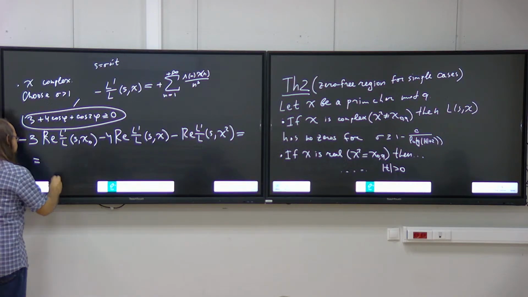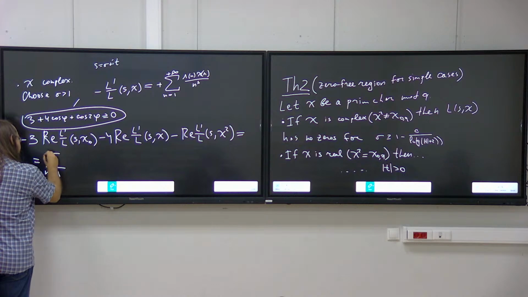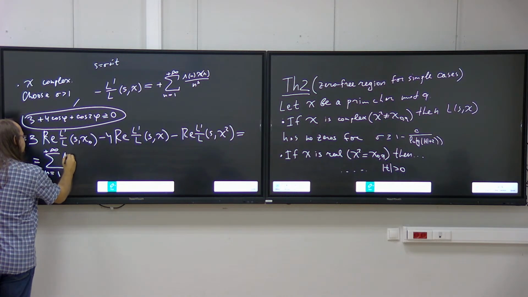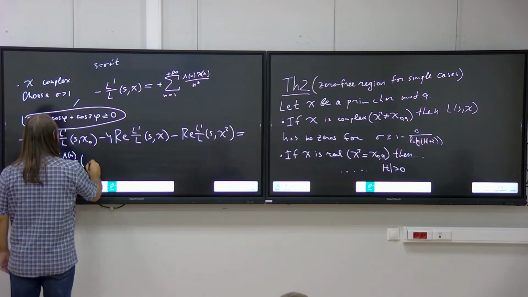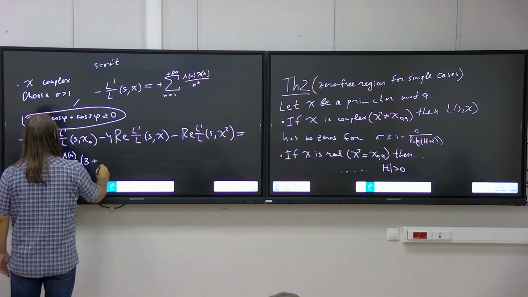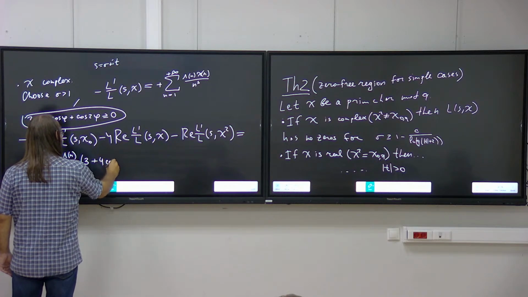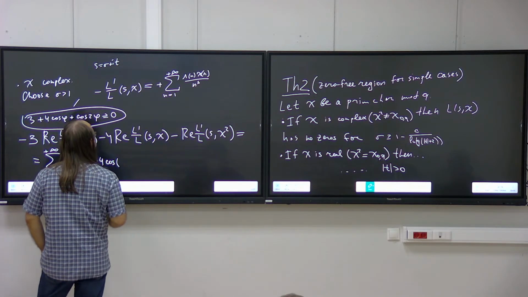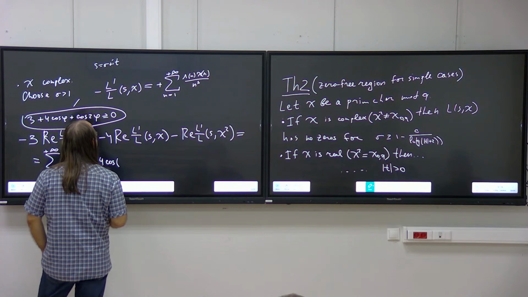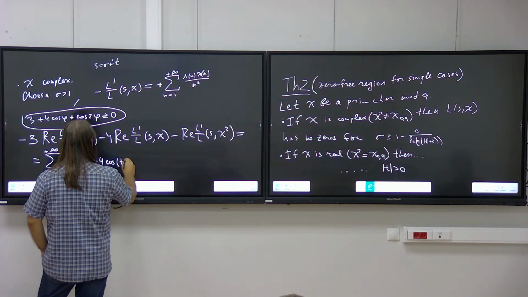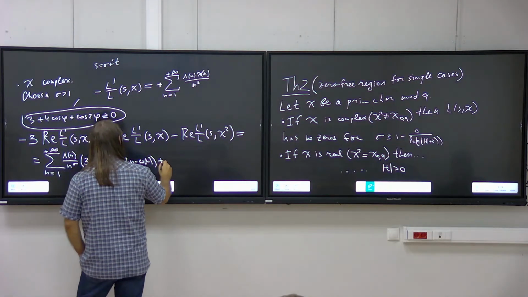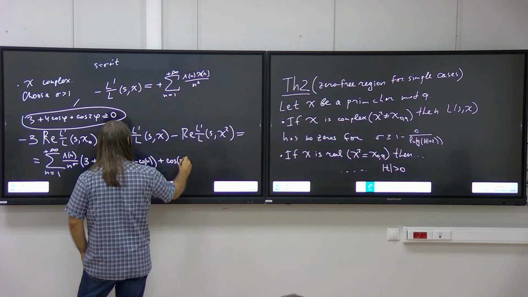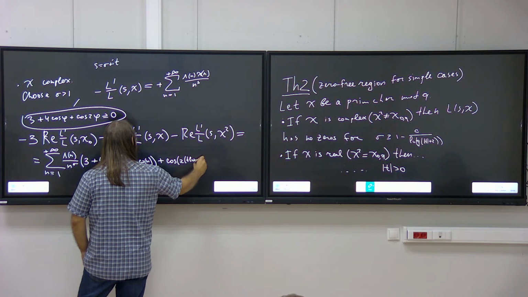This is equal to the sum over all n from 1 to plus infinity, lambda of n over n to the sigma, and then you have the following construction. Let me write it like this. For cosines: cosine of t log n minus omega of n, plus cosine of 2 t log n minus omega of n,